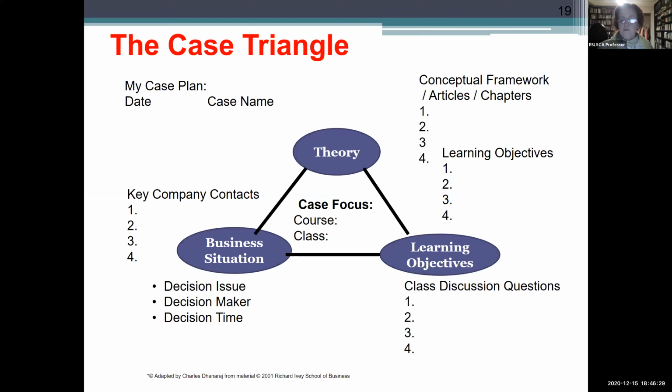And of course, the teaching note, which accompanies the case, tells you, the instructor, how to teach this case. But it's not a Bible, so you don't need to adhere to it. It's not a manual. You can completely trash it and do whatever you want with the case. So nobody obliges you to use the teaching note. It's only a kind of help for you to use it.